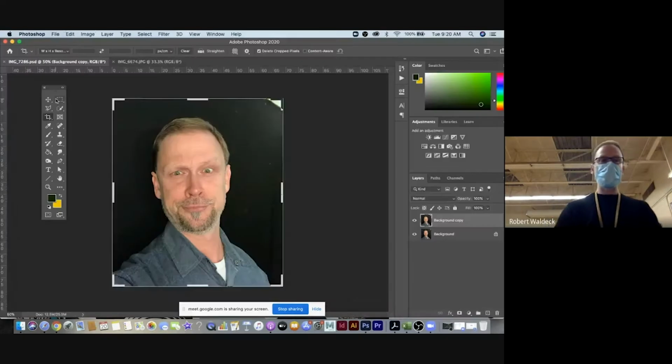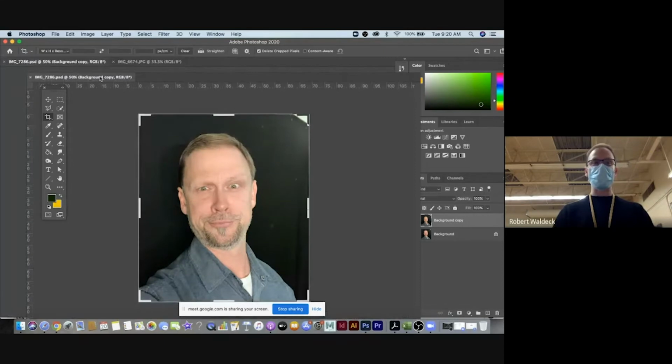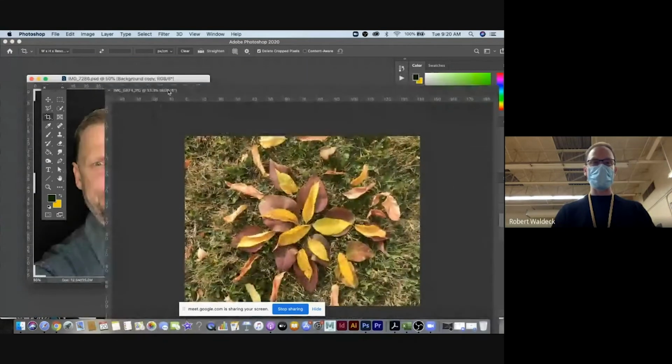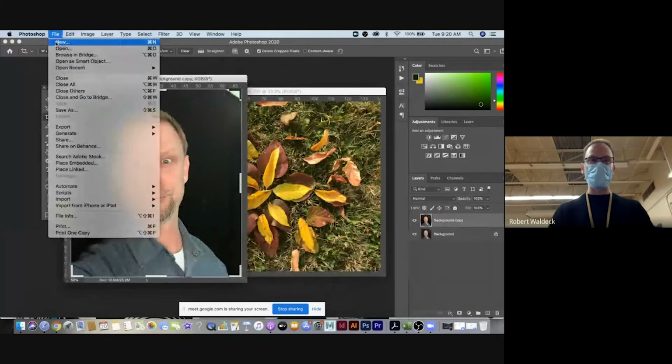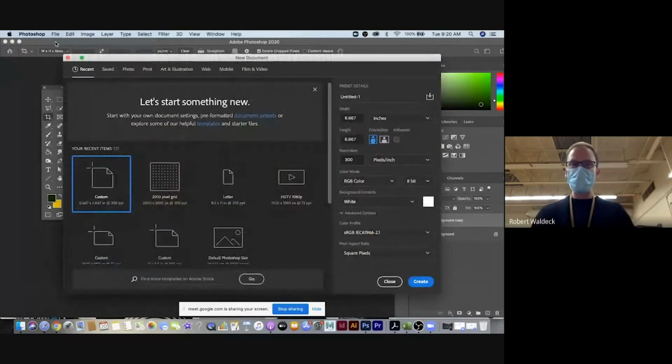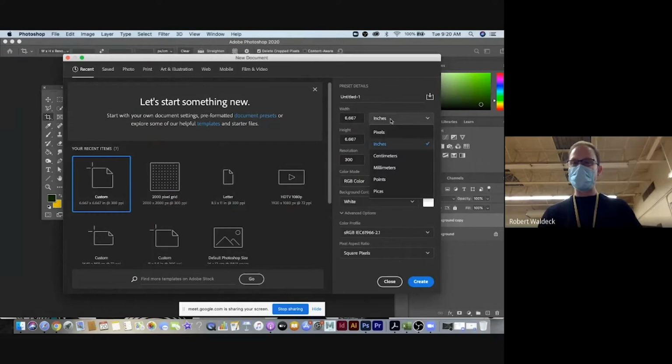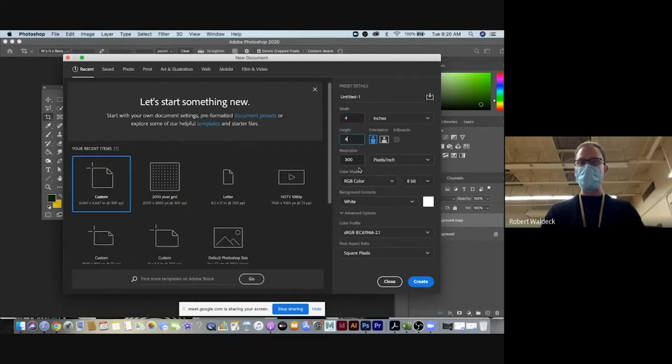If I was doing this in Photoshop, I'd have my images off to the side here, ready to go. You go File, New. You can see up here, I would just go Custom, and then you can set different inches. So I would go 4 inches by 4 inches. And I would keep the resolution at 300